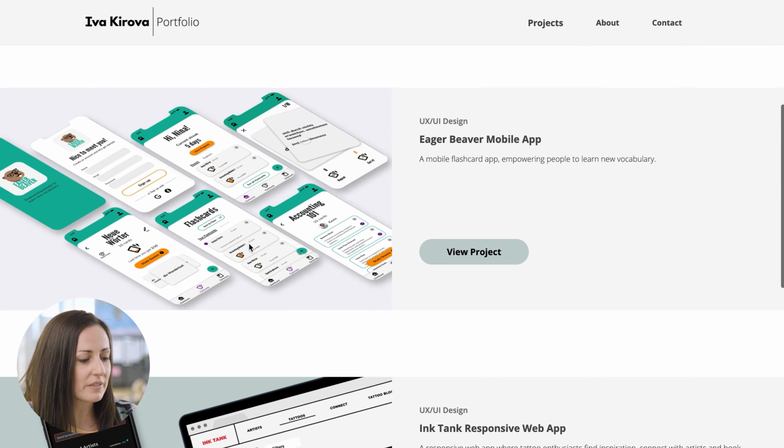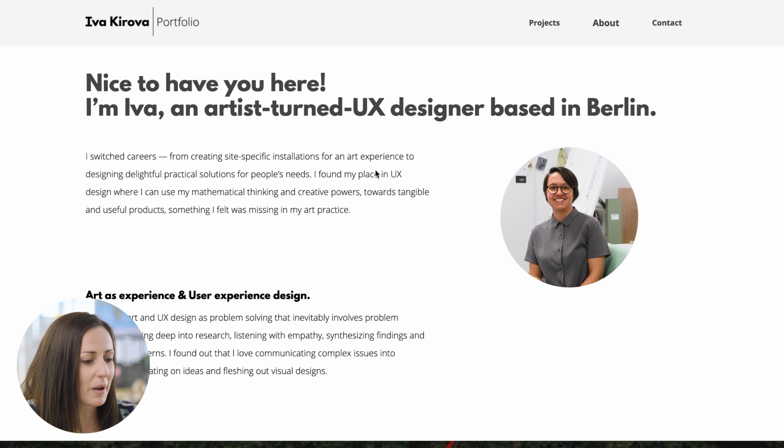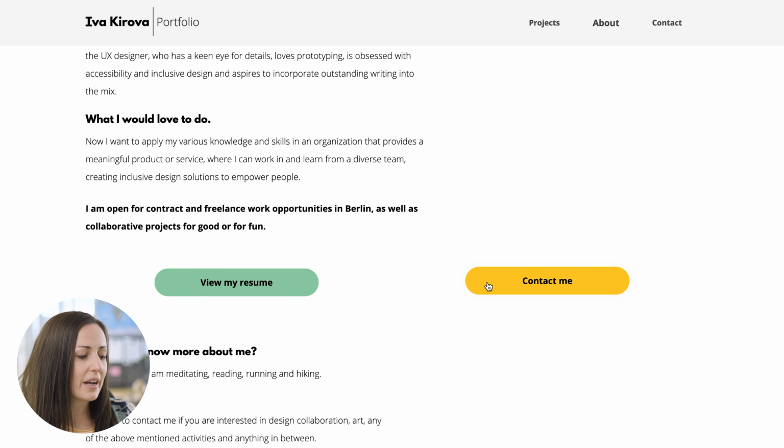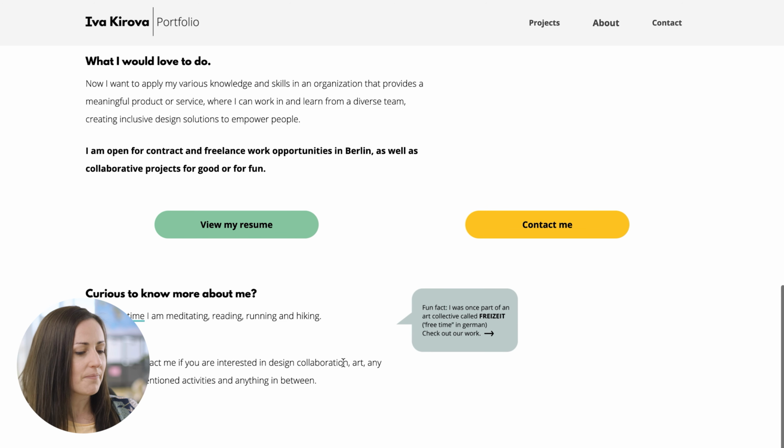Okay, so I'm going to just have a quick look at one of these examples. I'd love to quickly first click this More About Me button because I've found that I just really want to. There's some great personal information here about Eva. I've got the resume here and can contact as well. And yeah, there's more personal information that might mean this decision to have really specific information about your interests and what you do outside of design and what you care about is usually a wise choice.